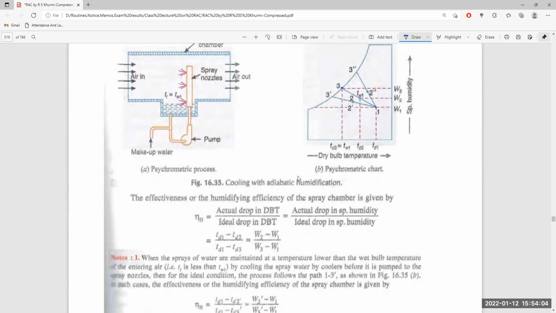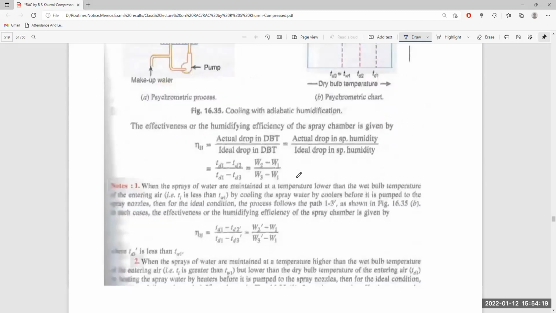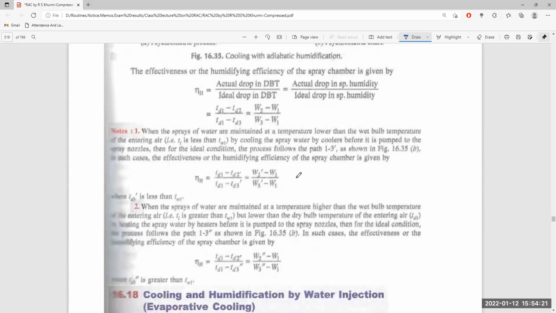So (TD1 minus TD2) divided by (TD1 minus TD3) is equal to (W2 minus W1) divided by (W3 minus W1). When the sprays of water are maintained at a temperature lower than the wet bulb temperature,